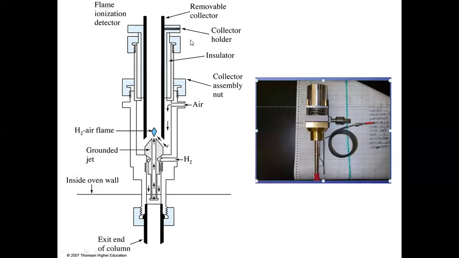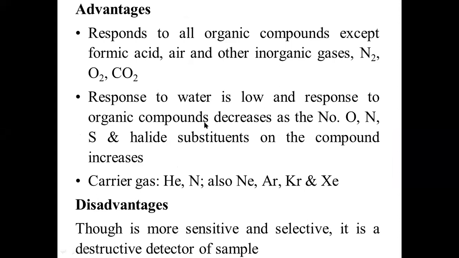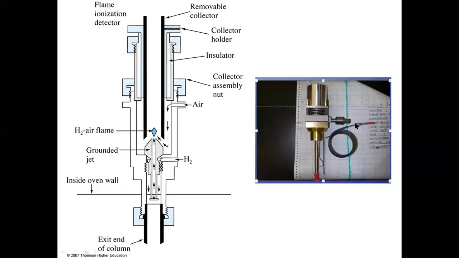You do remember, positively charged species are attracted towards this collector electrode if this electrode is negatively charged. If the electrode is positively charged, it will function like an anode, and the negatively charged species will be attracted towards it. So a device is used to measure the current. That measured current is proportional to the concentration. This is the commercial flame ionization detector that we will use. There is a provision to connect with the column, a provision to connect with the fuel, and this is the waste.